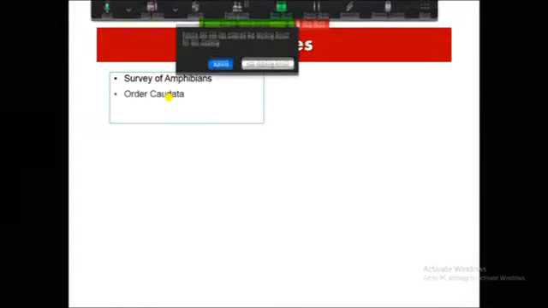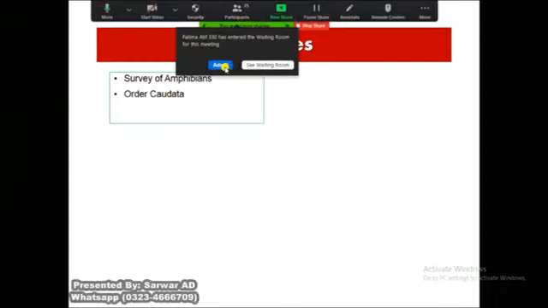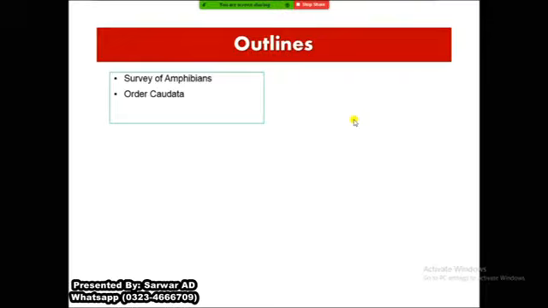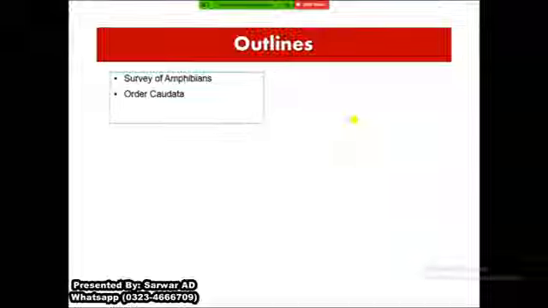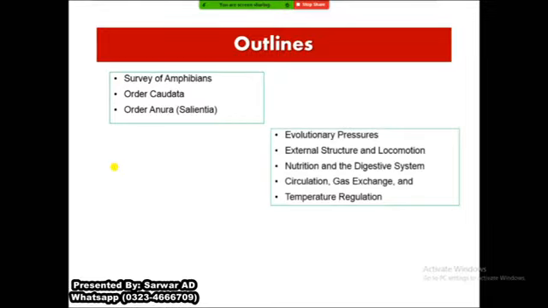At the start we discussed the survey of the amphibians, and this is the third lecture on amphibians. Under this heading we discussed order Gymnophiona, order Caudata, order Anura or Salientia, and from now onward we will discuss evolutionary pressure in relation to